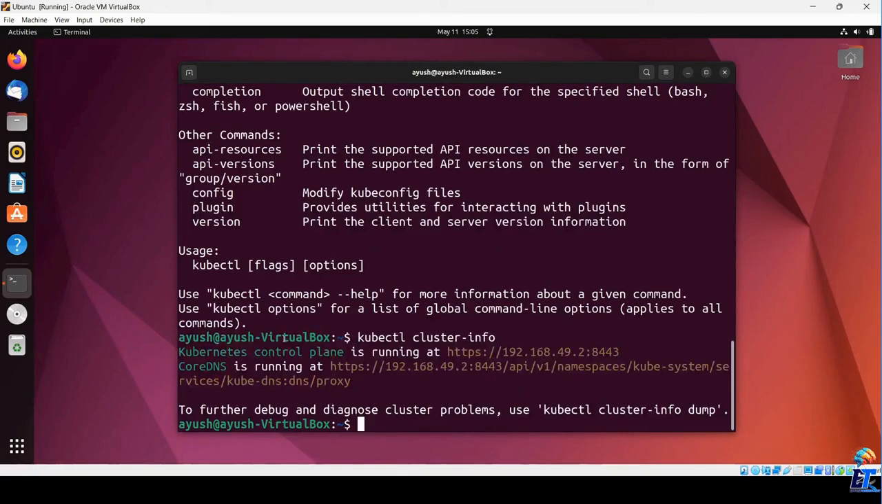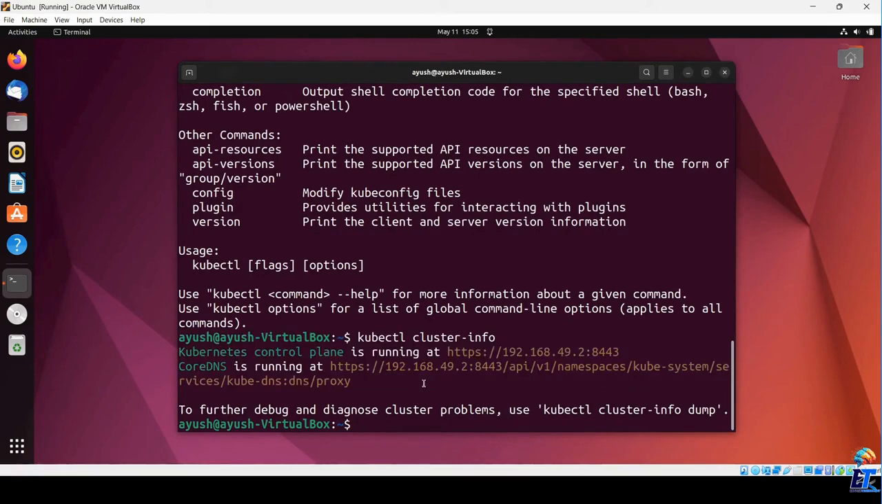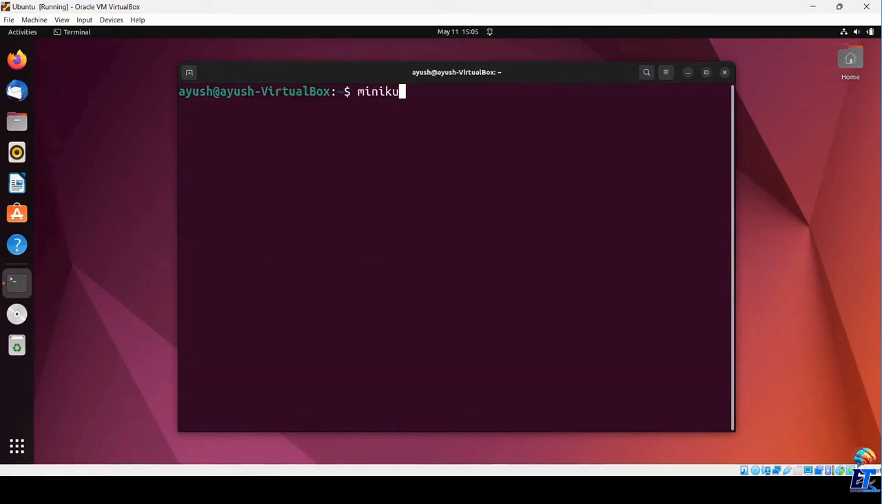So as you can see, you can get the cluster info, whatever the cluster is running. The important part here is that for running kubectl, your Minikube should also be running. It's not that your Minikube is not running and then you try to run this kubectl command. In that case, it will not work. We will check that. If I stop the Minikube,